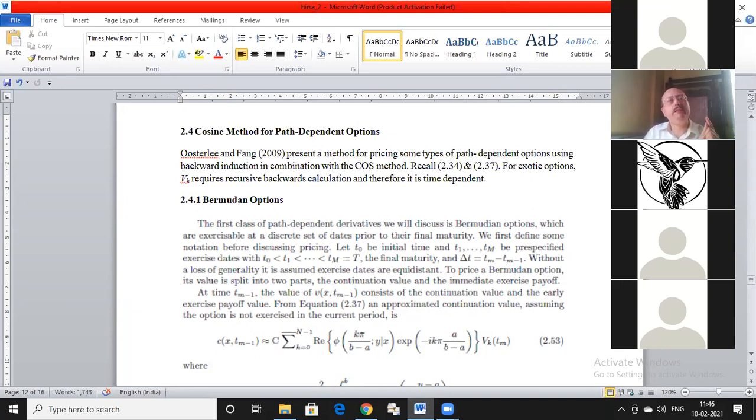So the only significant decision node will be just before the dividend date. If I choose to keep it at that point, then I will go up to capital T. There is no other decision node. So then it will behave like a European option. The only thing I can do differently is I may exercise it just before the dividend date. So in effect, I have two decision nodes, one just before the dividend date and the other one at maturity.